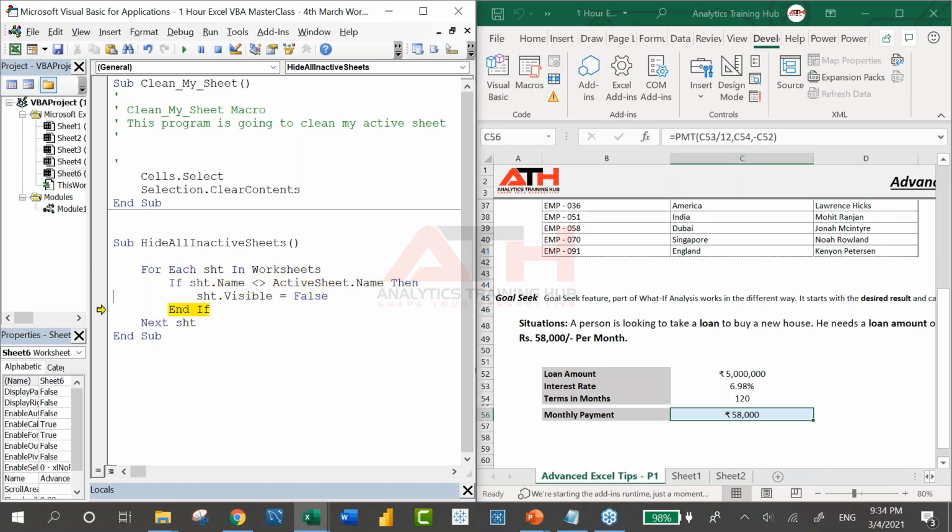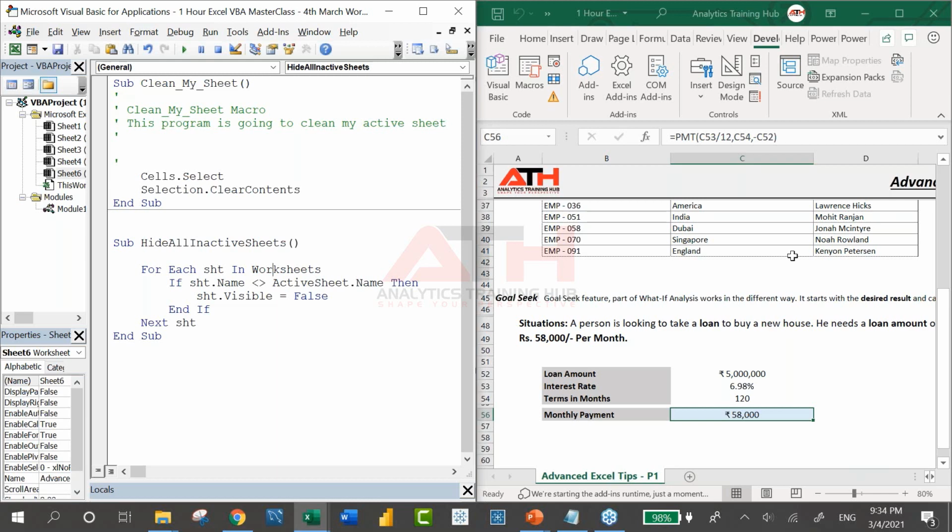Notice except the active sheet, it is going to hide all other sheets. So if I just say true and press this green button, in one go all the sheets are going to be unhidden. And if I just say false and press F5, except the active sheet, all other sheets will be hidden. That's what VBA can do.